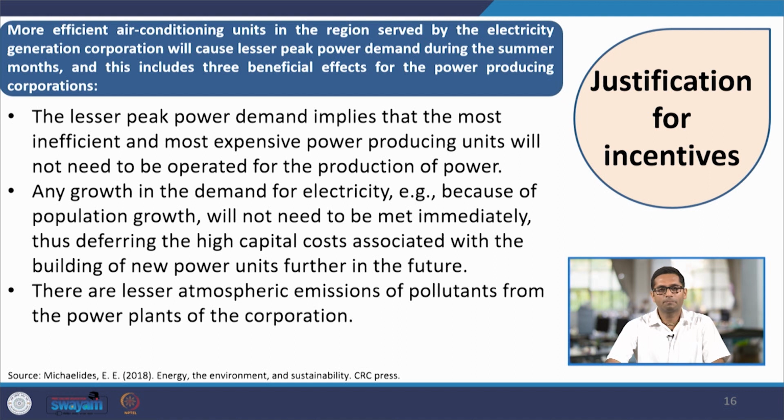So the production of electricity, as you would understand, is not at a constant rate throughout the day. There are certain parts of the day when the electricity consumption is much more than the other parts of the day, which means that we would have to ramp up or ramp down the operating capacity of the power production plants. Certain plants would have to be operated just to meet the peak power, and normally the operation of these plants is the costliest, and these are also the plants which are not